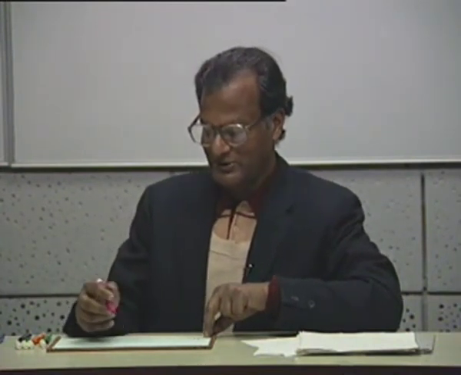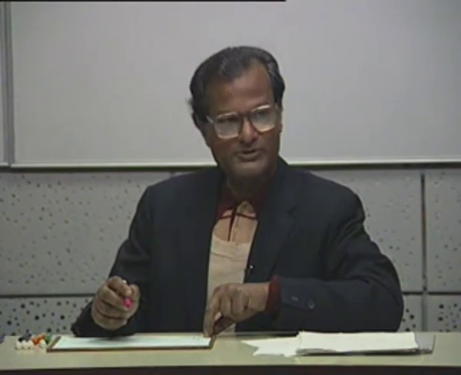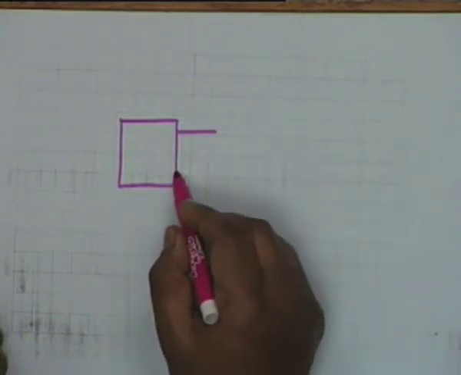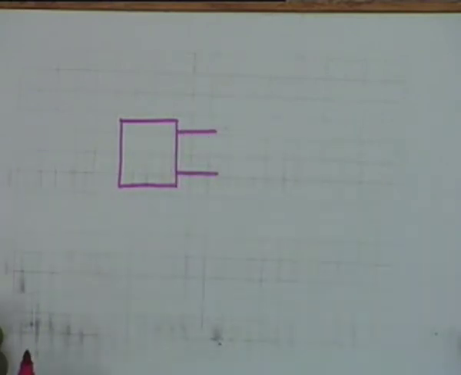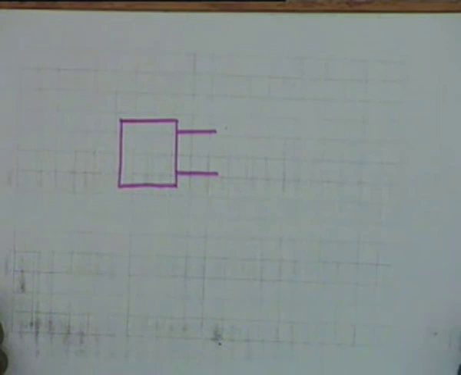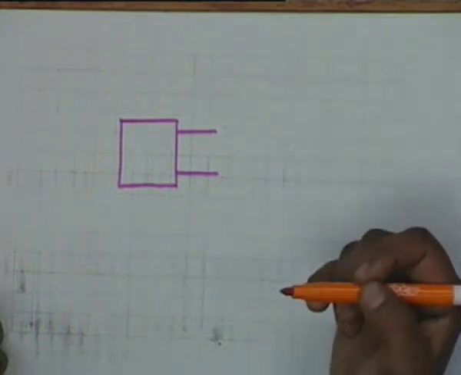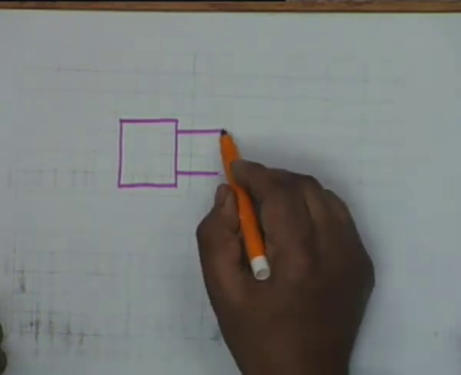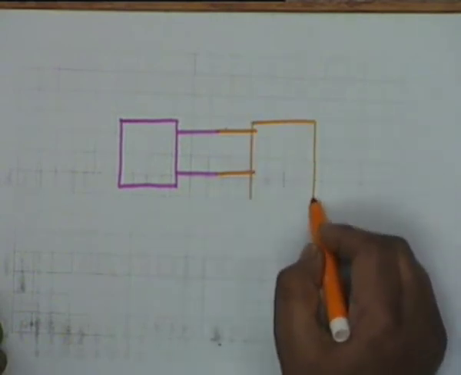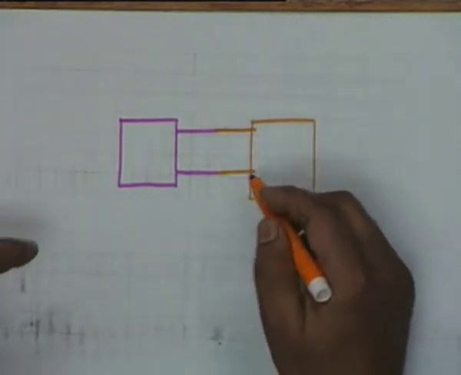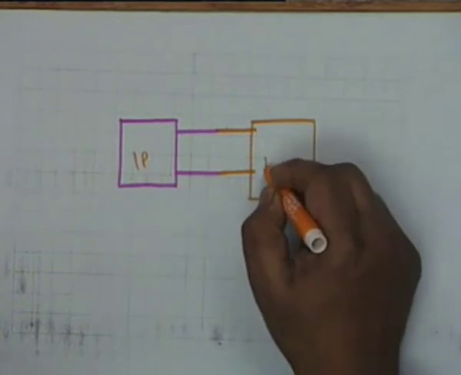Now we go back to the question of ports. I introduced the concept of ports yesterday, and I said that if I have a network which has 2 terminals only, then you say it is a one port, and therefore all you can do is connect to this either a voltage source or a current source or any other general network, any other one port. You can also connect any other. Now this is the most general connection. This is a one port and this is a one port.